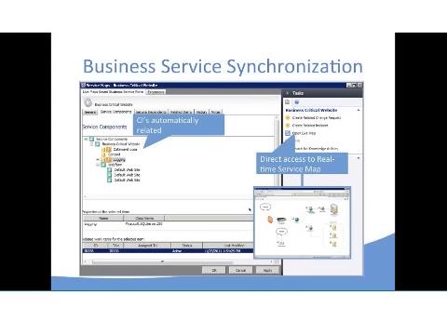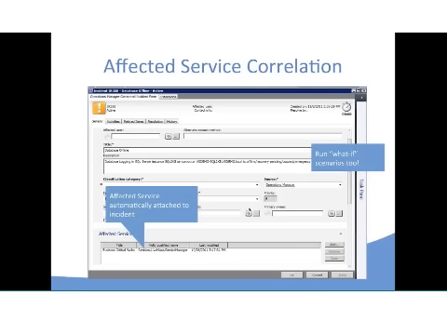So for example, you can automatically keep your Service Manager business service in sync with your service definition in Ops Manager without difficult technical procedures. You can open a real-time service map from the Service Manager console for quicker root cause analysis and resolution times. Incidents are automatically associated with the affected Service Manager business service to determine the direct impact of the outage. You will also be able to run what-if scenarios. If you're planning a change and would like to see which Service Manager business services will be affected, you'll be able to do that. All of these cool features will be a reality in the upcoming release of Live Maps